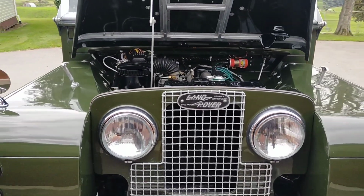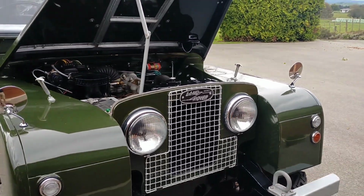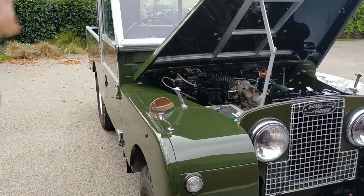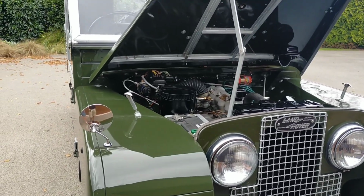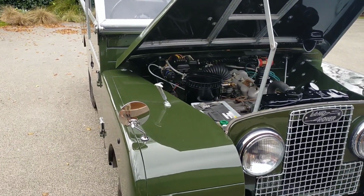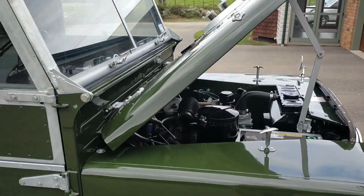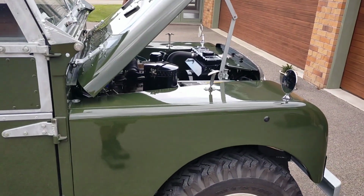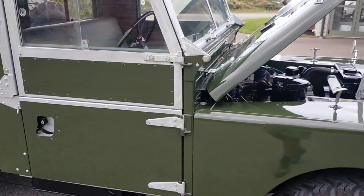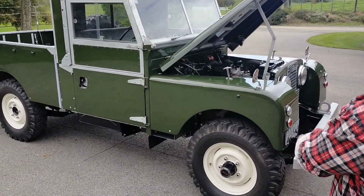And just telling a story about how Simon had quite a bit of time off work to work on it. Yeah, Simon, unfortunately at 23 was diagnosed with Hodgkin's lymphoma, which is a cancer of the blood. So I gave him a project to do, and that was to make this new firewall for this thing. And it kept him interested, and it helped to keep his mind off the problem that he had, and gave him a direction. So over a period of 2 years he built the firewall for it in his spare time,